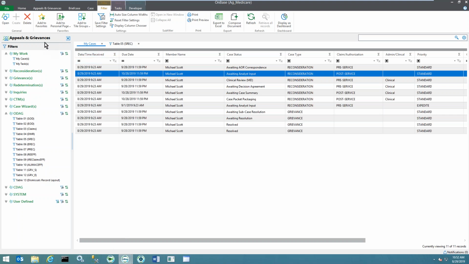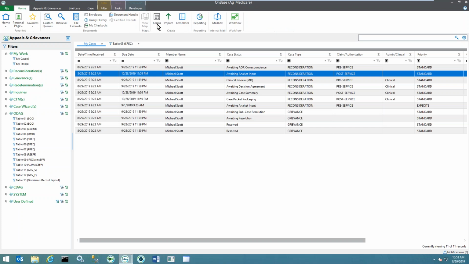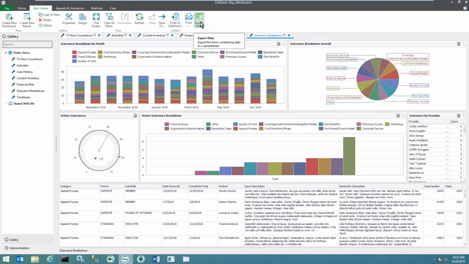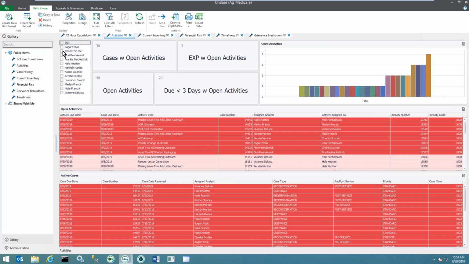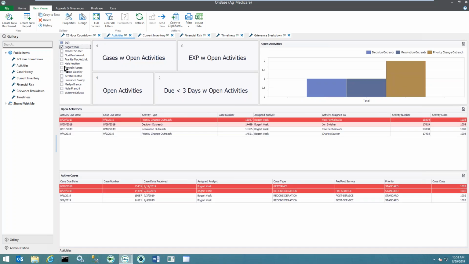And we can see up here, within appeals and grievances, we have my cases. Well, let's go back to those dashboards real quickly. We think about a dashboard as bringing in data from multiple different sources. And those sources could even be applications that you're using today within OnBase, right? So if I look at activities, again, this is more of a management dashboard letting me know, hey, based off of my team, where is all the work? But I can single this down and constrain it into an individual user,